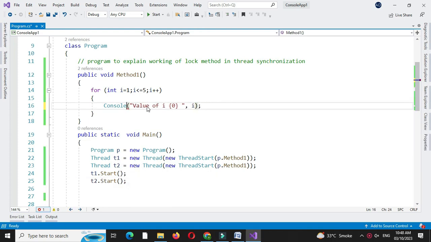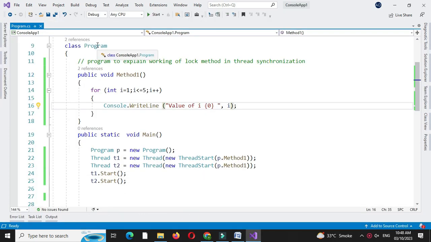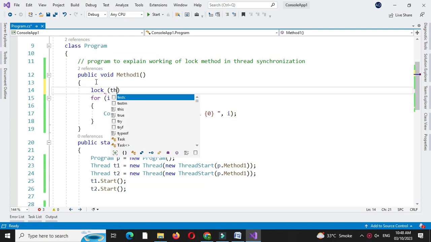Here we will use WriteLine, and we execute. It will execute both the threads randomly. So we will use the lock method to execute the first thread, and then after completing the first thread it should execute the second thread. So inside the method we will use the lock method. So lock for this,